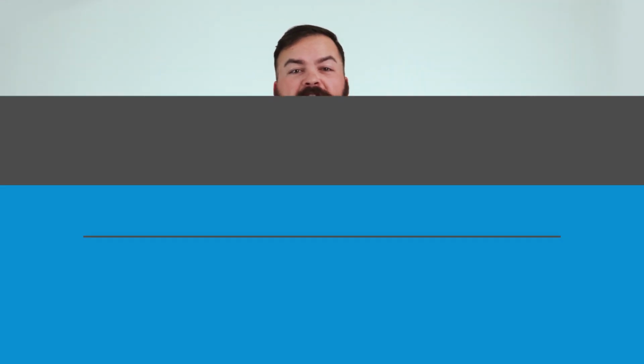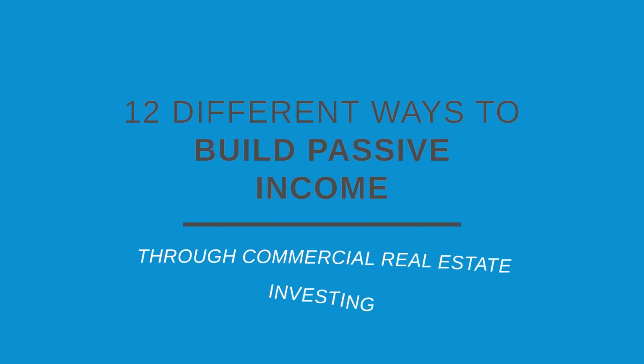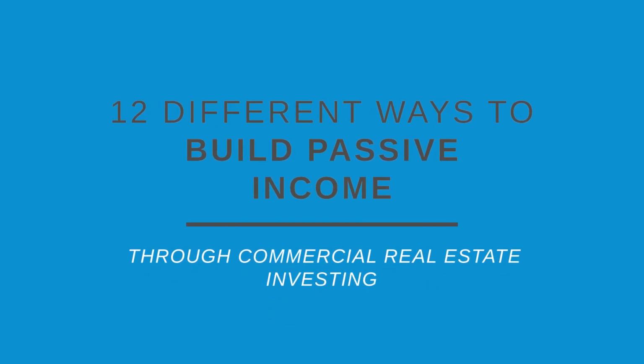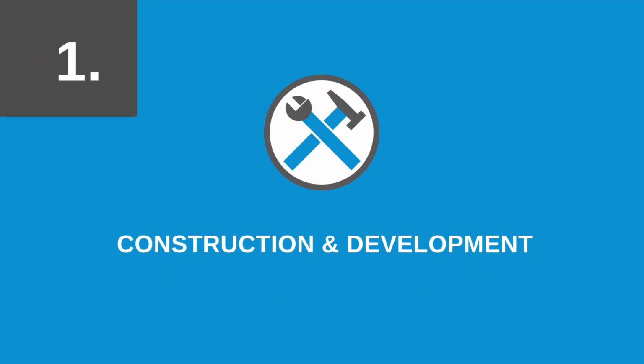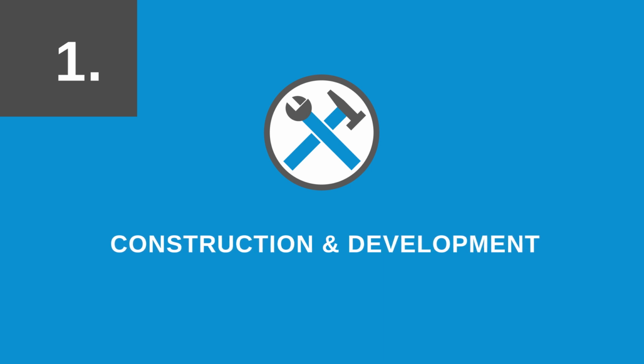So finally, here are the 12 different ways on how to become a passive commercial real estate investor. Number 1, construction and development. New projects are being developed and built all the time. And as our country continues to grow and real estate needs shift, there will always be demand for new construction